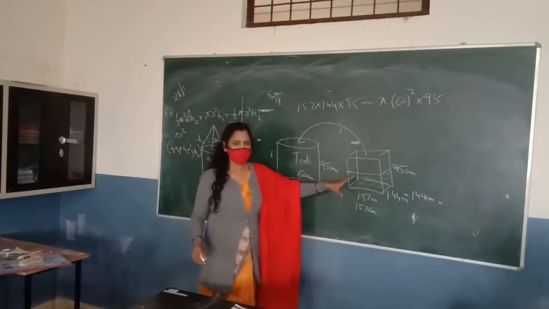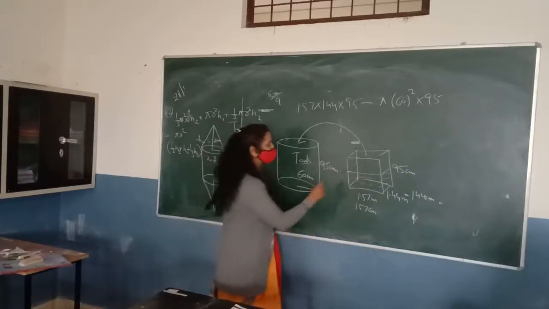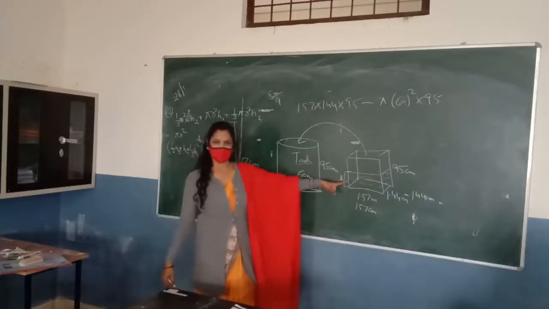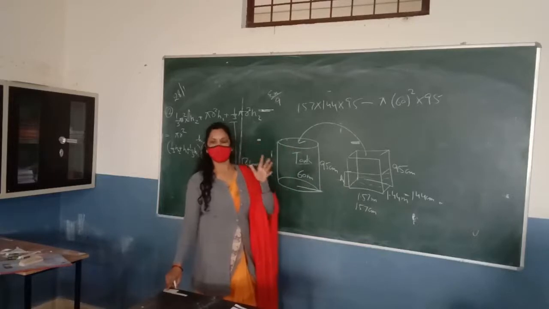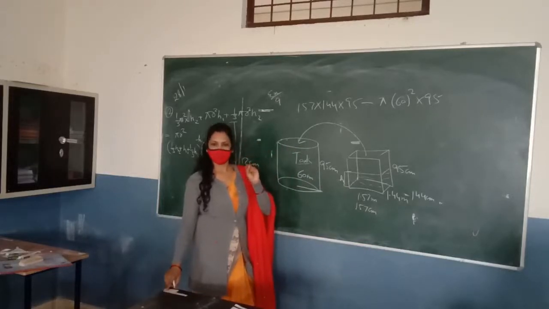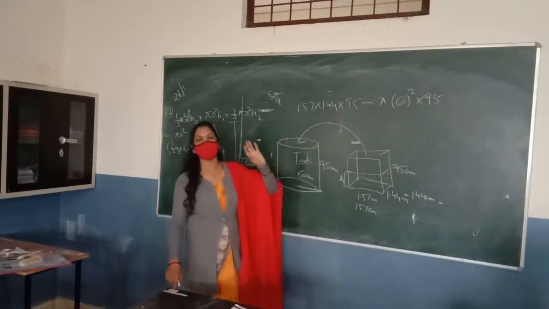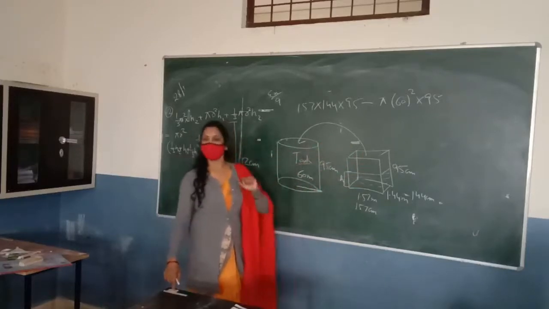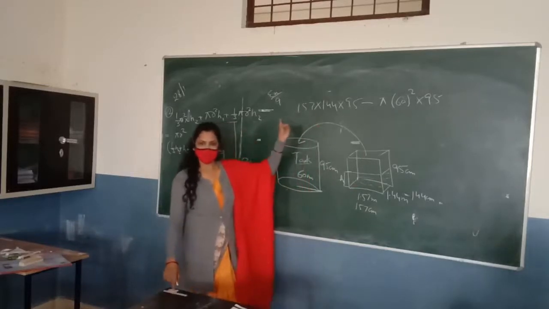Anisha, just think and answer. Now you know the volume of the water in the sump here. If you want to find the height of this water, what will you do? You know the volume of this water. Now you need only the height. So what will you do? Just imagine, just think and just answer. Volume of left water. We know the volume of the left water here. पता चल गया आपको, आपने जब माइनस किया था आपको पता चल गया कितना पानी इसके अंदर बचा है. अब पानी का वॉल्यूम आपके पास है, आपको पानी की हाइट फाइंड करनी है. क्या करोगे? ये तो वॉल्यूम आ गया ना पानी का जो बचा हुआ है. अब हाइट निकालने के लिए क्या करोगे?